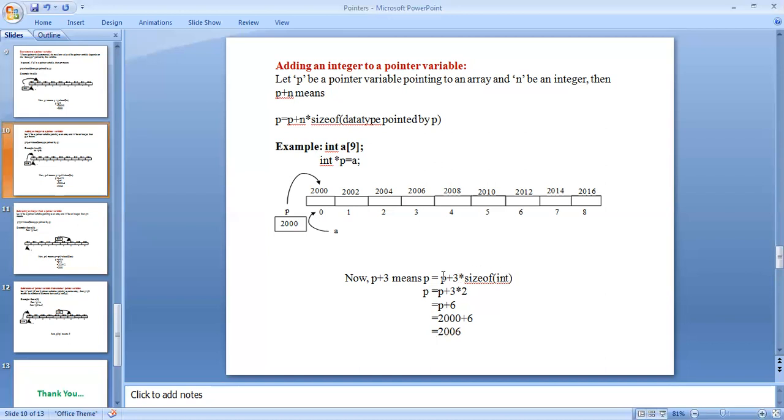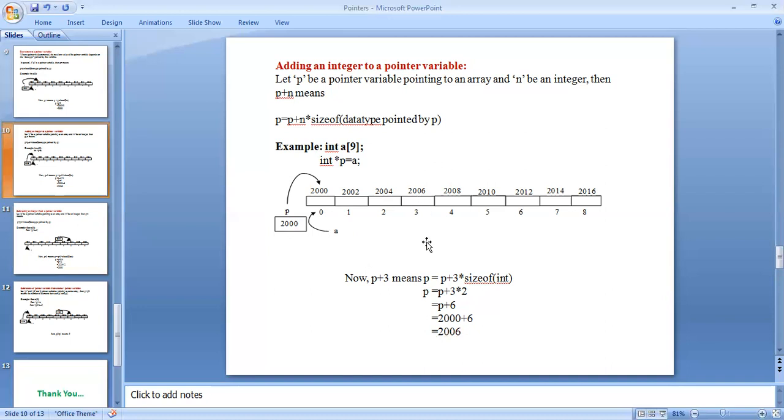I'm adding 3. P plus 3 into 2, where the integer size is 2, that equals P plus 6. 2000 plus 6 equals 2006. That will be stored in A at 2006.